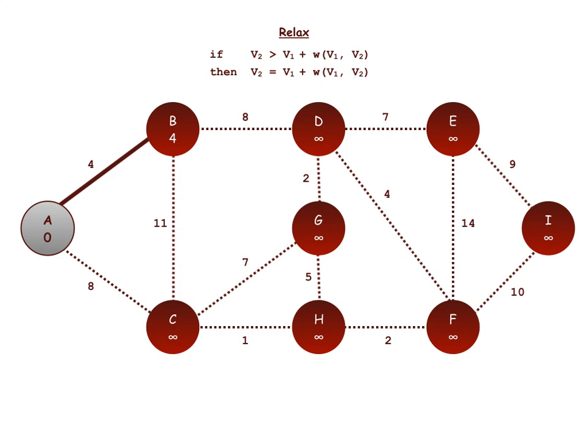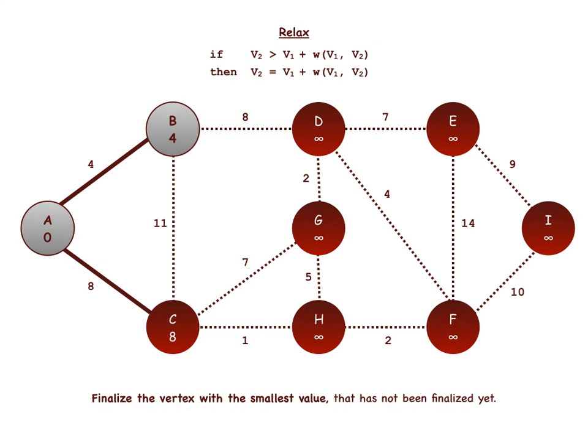Next, we're going to relax the edge going from A to C. Here, we're comparing infinity to 0 plus 8. Clearly, infinity is a larger value, so C's new value becomes 8. Now that we've relaxed all of the edges coming out of A, the next step is to finalize the vertex with the smallest value amongst those that have not already been finalized. A has already been finalized, so we're not considering that. So amongst the vertices that have not been finalized yet, the vertex with the smallest value is B, so we're